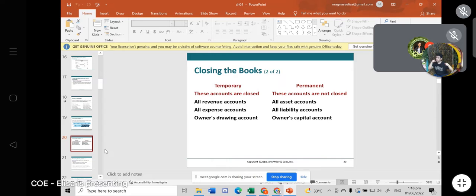As our guide, we can always go back to our worksheet to see which accounts we should close. Those that belong to the income statement will be closed, plus the owner's drawing account. Those accounts that are in the balance sheet will not be closed. So somehow we are now aware of what are revenue accounts, expense accounts, assets, liabilities, and